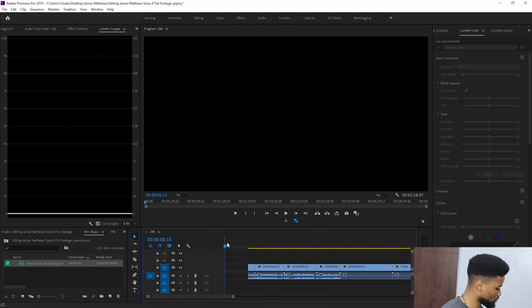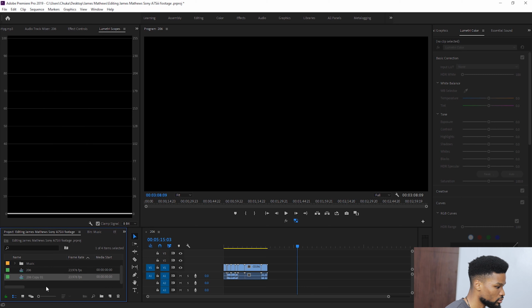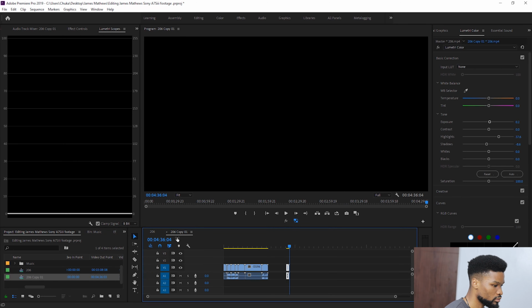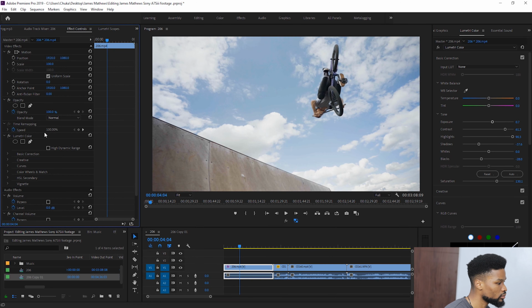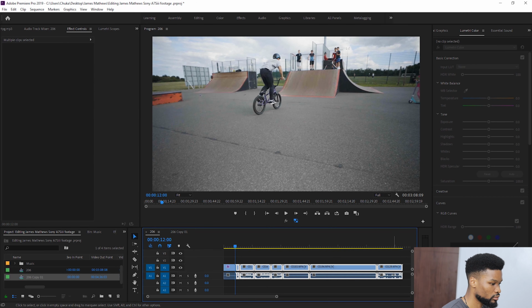The easiest thing to do would be just to duplicate this already existing sequence, so that I can easily come back to this point in time of the edit if I ever want to. Paste that copied clip back here. Then let me copy the color grade in this clip and paste on the others, just so that the vibe stays. I will definitely adjust the color grade in individual clips later.